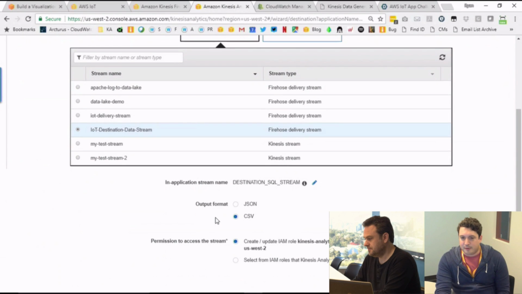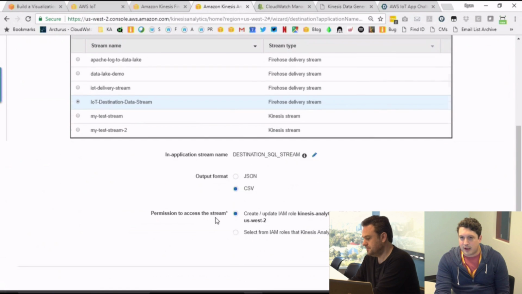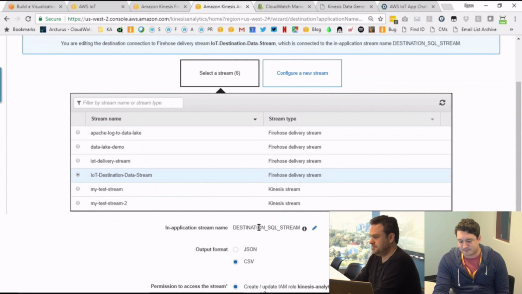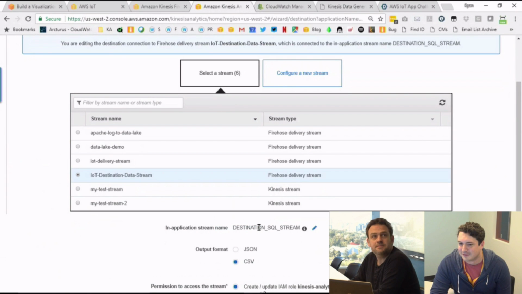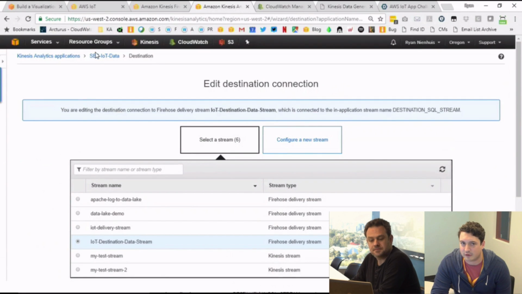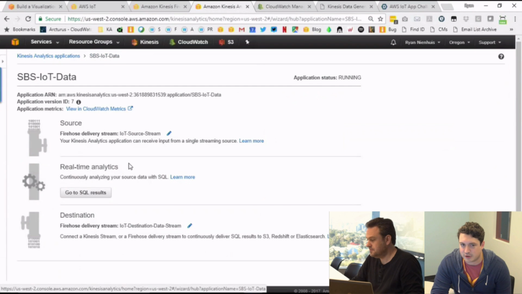You're then going to choose an output format and an IAM role, and then save. The issue that I identified immediately, because I'm used to working with this service, is that this name is wrong. This is the default name for the in-application stream name, and we don't have any in-application streams named destination SQL stream. I'm going to go back to the application code.